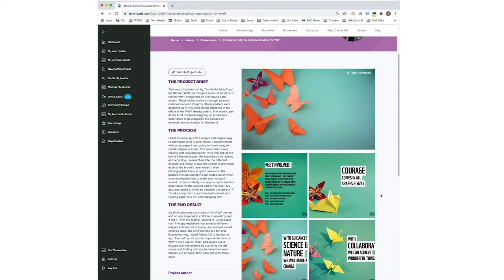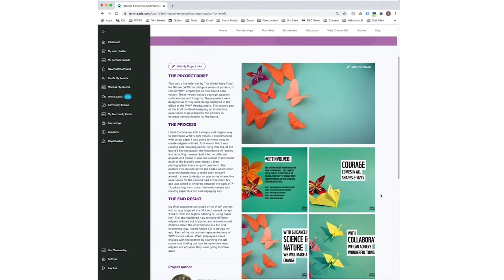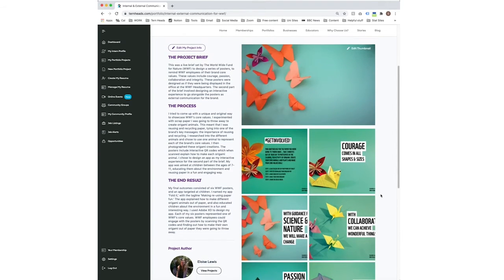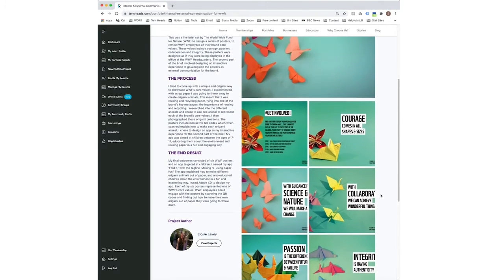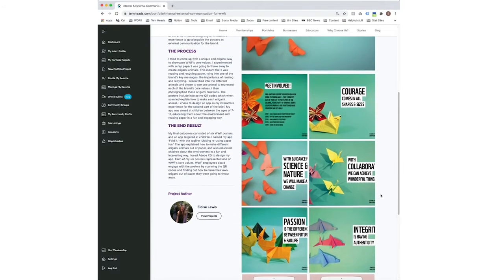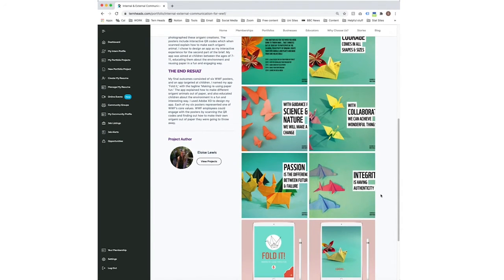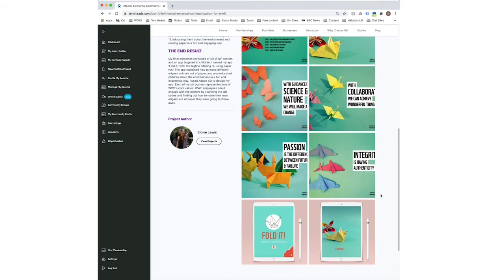as you can see from the layout, the project brief is clear, the process explains her train of thought and how this links back to the deliverables of the brief, and the end result explains the target market and how her ideas will connect with them. Eloise is displaying her final posters, which focus on reusing or recycling paper to form origami animals while communicating the company's core values and encouraging interactivity through how-to videos on her app. So the idea is really lovely, really solid, and she shows her execution in context as well, which is really